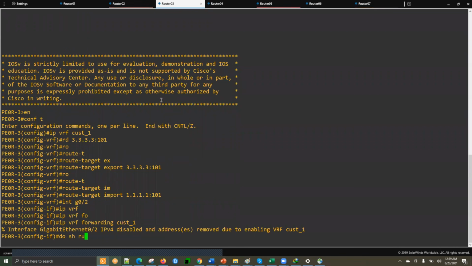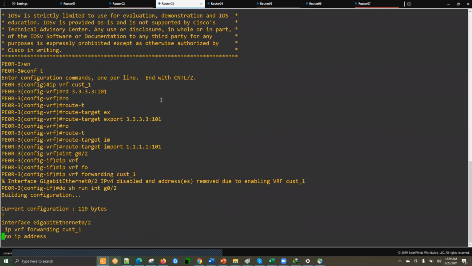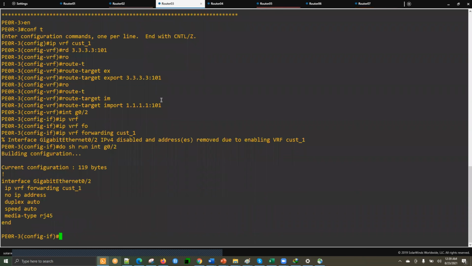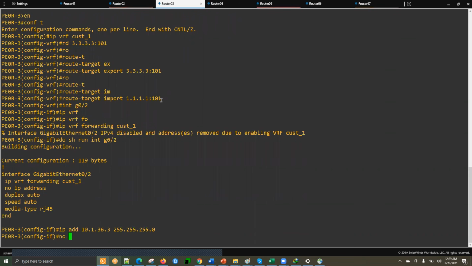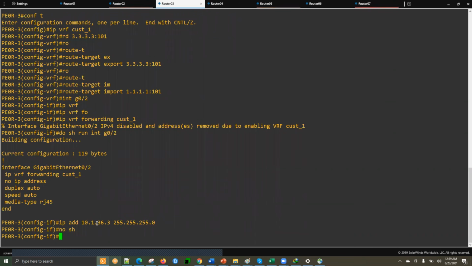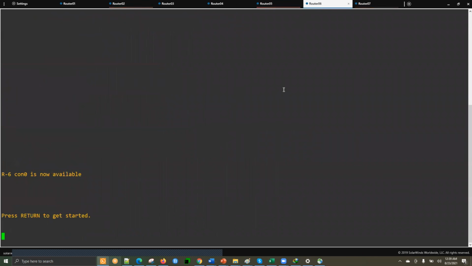let's see, I think it has been removed. So then we have the IP address here. We know what the IP is. This is 326, so 10.1.36.3. I should ping this. So if I go here to R6, and